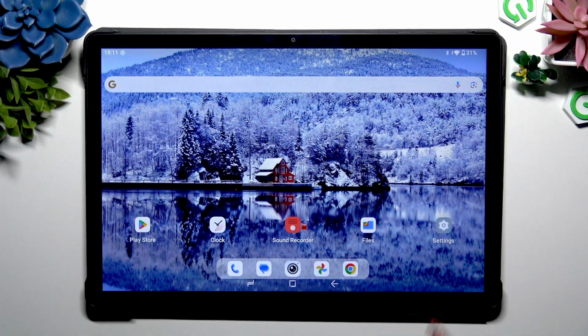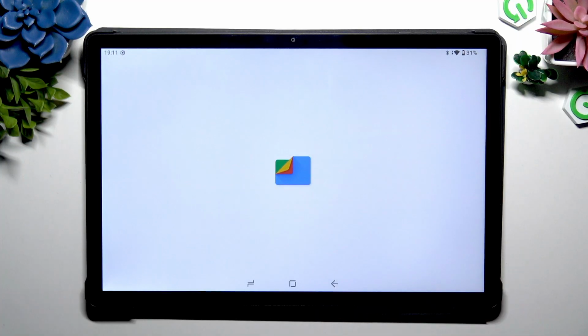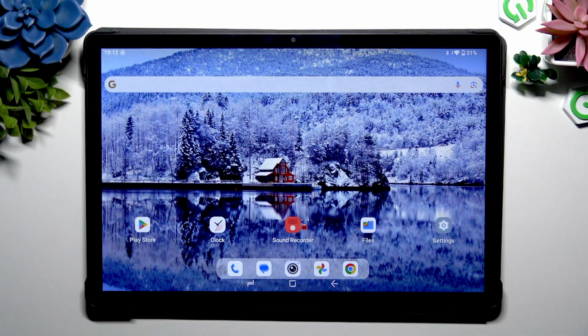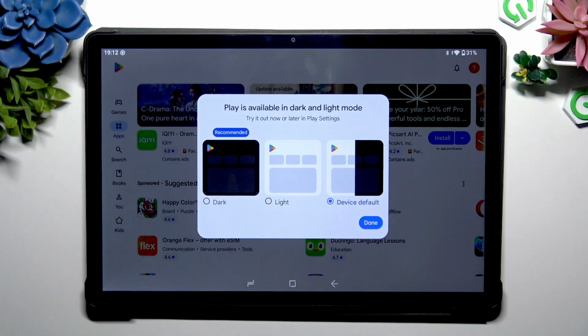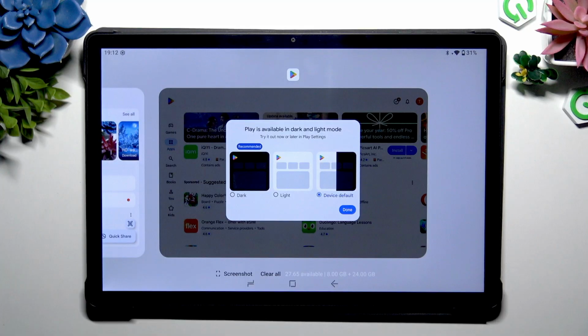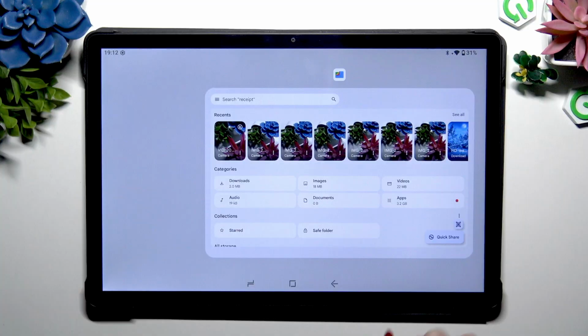Let's go with Files, so I have to click on this app and tap on Home button, and maybe Play Store. Now to access background apps, click on this button, in my case at the bottom left corner, and then decide which app you wanna use on the left side of your screen, or if your device is rotated, at the top. Click on the icon of it,